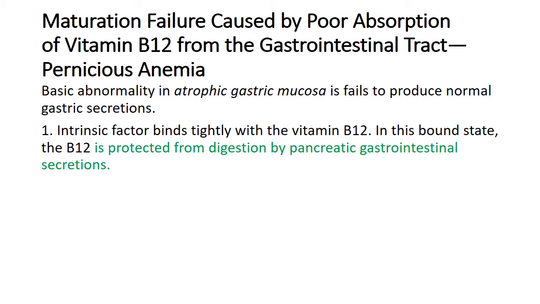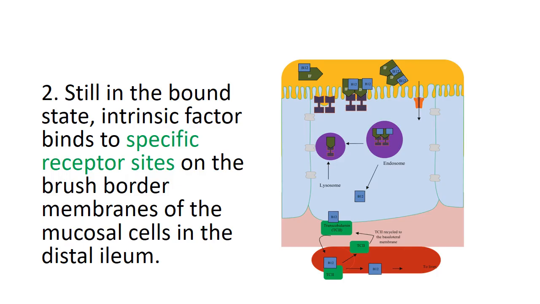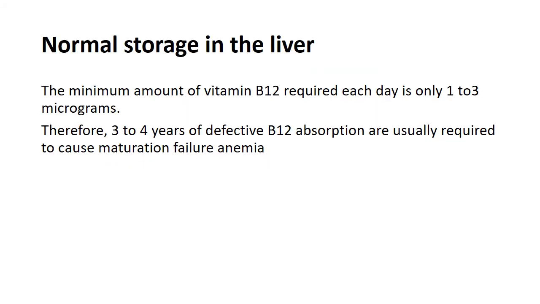So whenever there is atrophic gastric mucosa, meaning there is no sufficient secretion of intrinsic factor and HCl, then what will happen? Pernicious anemia is precipitated. So there must be a specific receptor at the storage site. Now, where is it stored,